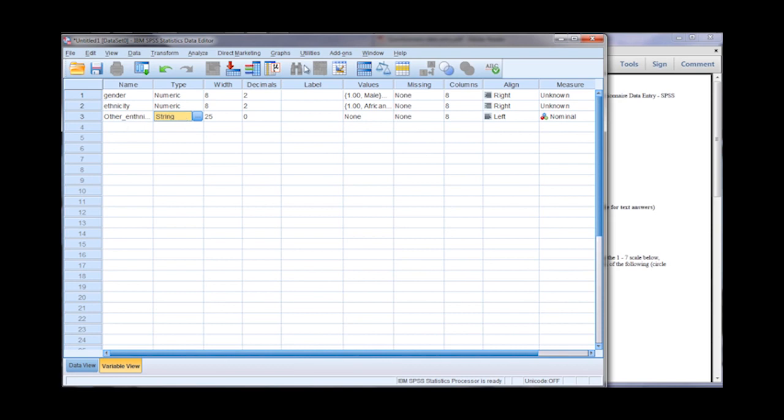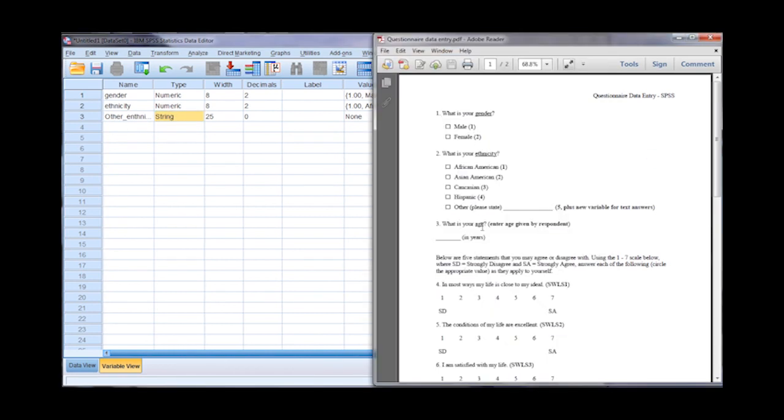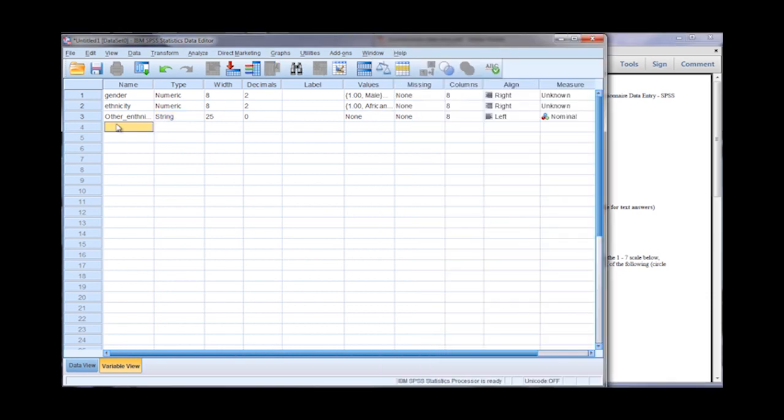So string is entered. Okay, our next is age. Notice for age, they're going to enter their age, and we ask for it in years. So they'll enter 22, 43, or what have you. We don't actually have to make codes like 1 for male, 2 for female, and so on. That value is going to be entered directly. So here, all we have to do is create the variable age, and then press Enter.